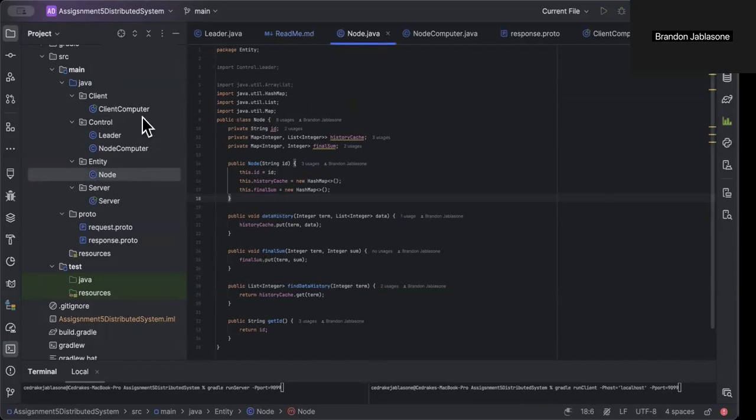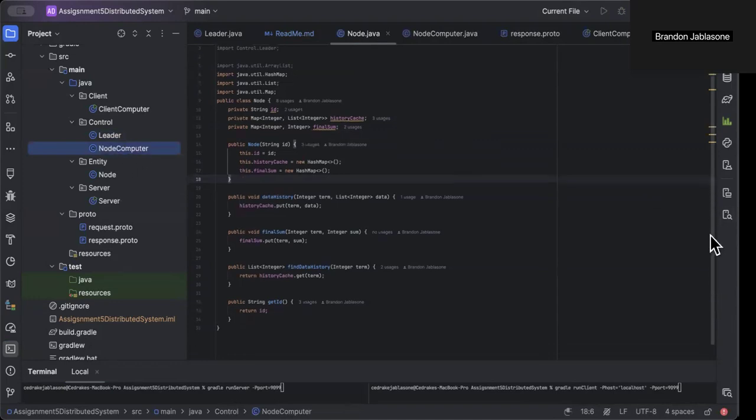So basically what happens is the client contacts the server, the server forwards, contacting the servers, but ultimately talking to the leader. The leader collects information, data basically for the client, and then passes the data on to the node computers, which spawn threads. These threads work concurrently to solve the task, and once they're done, they